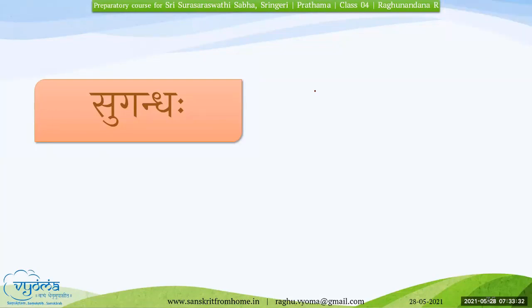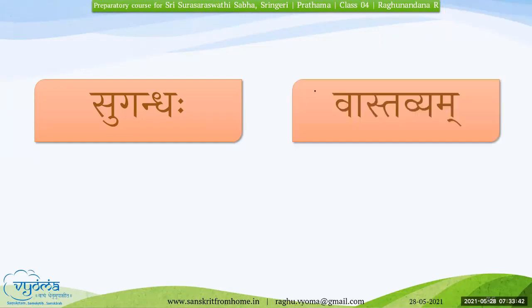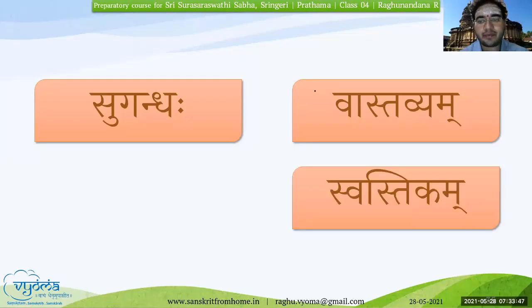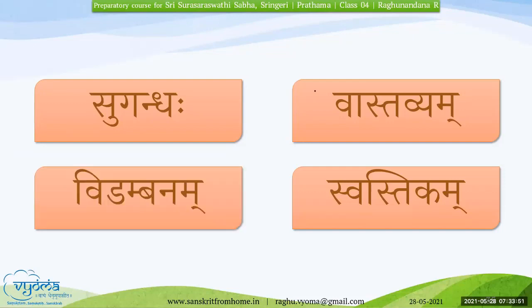Sugandha, dha is a Mahaprana. Very good. Vastavyam. Very good. Swastikam. Bidambanam. Very good. Now identify the Samyukta Aksharas in the first word.